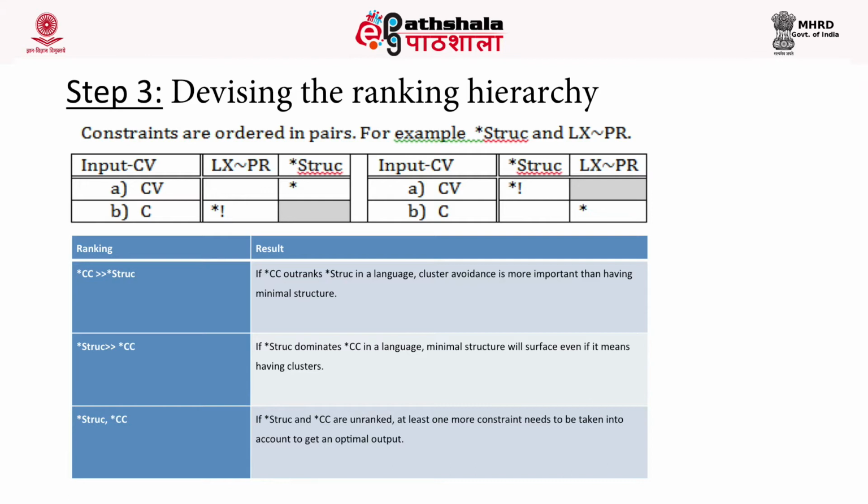In the first one, where LEXICAL WORD is a PROSODIC WORD is dominating NO STRUCTURE, if we have the input as a CV, in CV there is a structure, there is one syllable, so NO STRUCTURE is getting violated. LEXICAL WORD is a PROSODIC WORD is not getting violated, it's a syllable. Whereas in the second one there is only a consonant C. Now C cannot be a minimal prosodic unit, that is, it's not even a syllable. So C violates LEXICAL WORD corresponds to PROSODIC WORD, and that becomes a fatal violation because it is a higher ranked constraint.